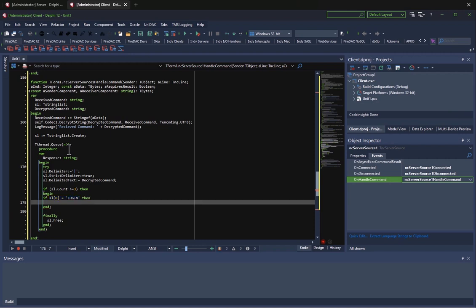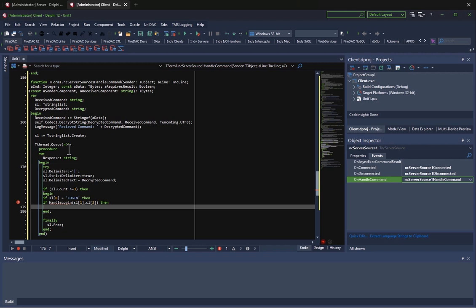So we're going to have to make a new procedure here for handle login. We're going to make one for handle login, handle register, and that should be about it. So we're going to say if handle login, and then we're going to pass parameters to this procedure that we're going to make. We're going to pass their user and password. So we'll go sl[1] and sl[2],